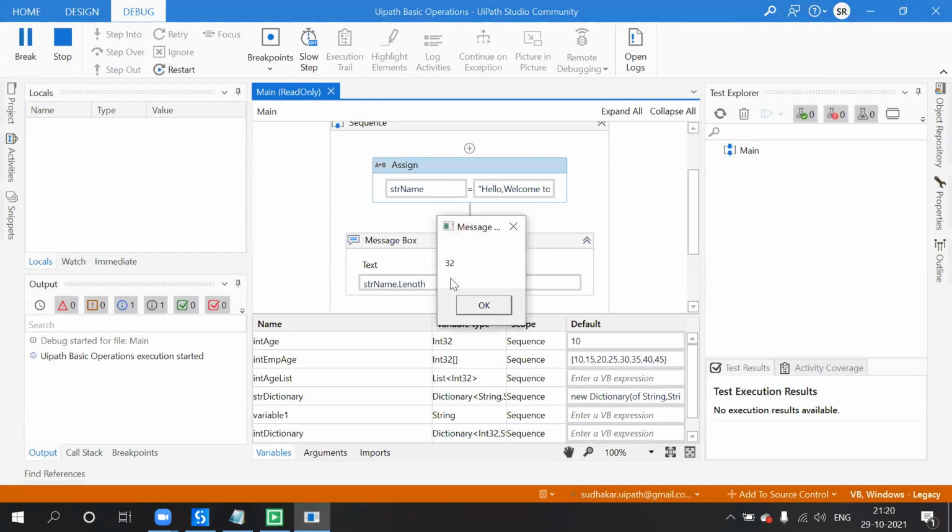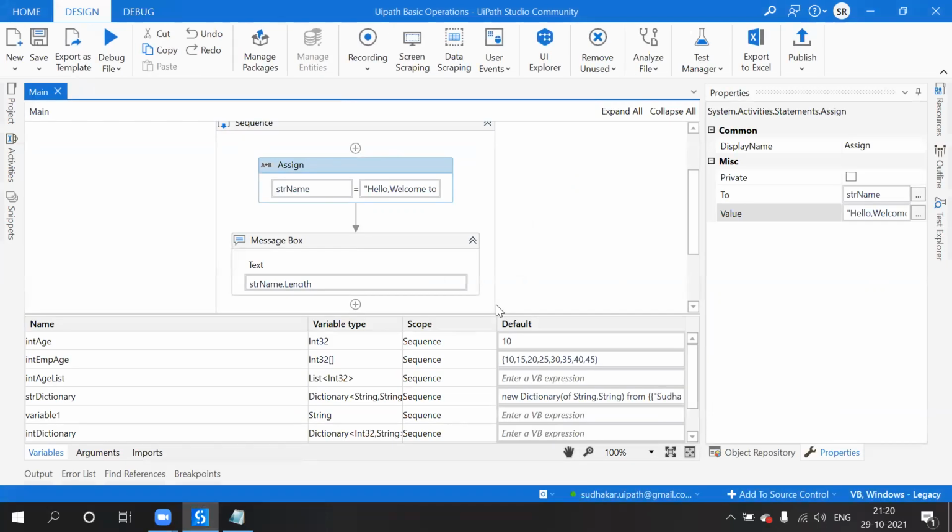So now the length is 32. See, before removing the space at the end, the length of the string was 32. After removing the space, it is 32.